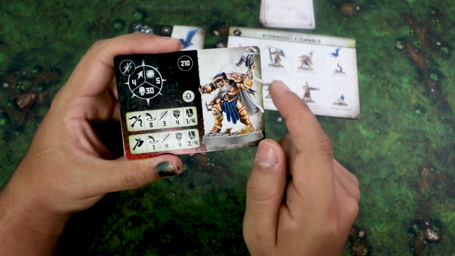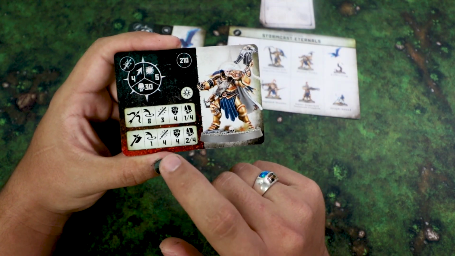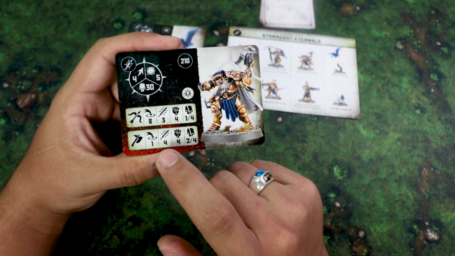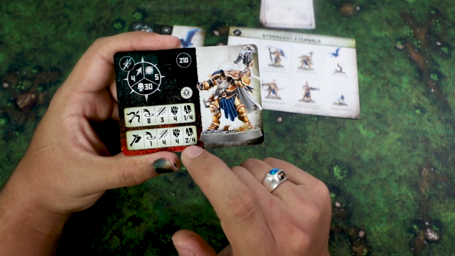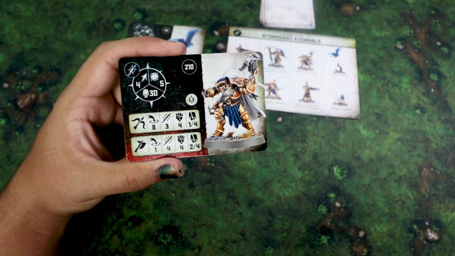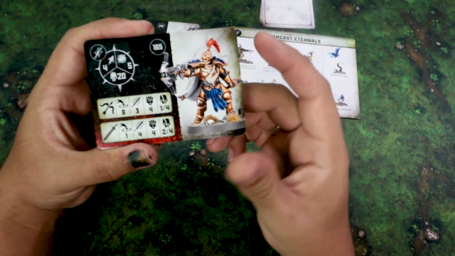at a range of 8. And then he also has his axe, which is 1 more attack. So you roll 1 more dice, 1 more damage. So that's nice. So at least he's not defenseless if he gets into melee range. Then you have your regular hunter,